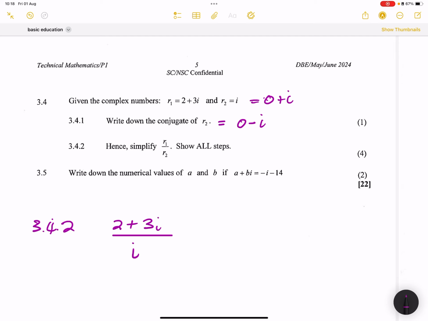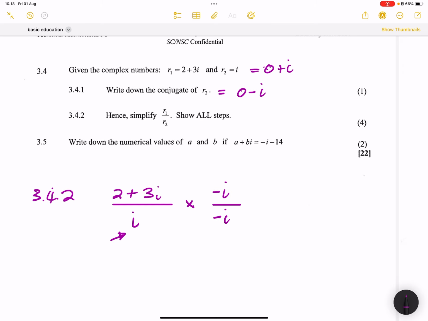by the conjugate. You always need to remove that i. We are going to rationalize, in this case, the denominator. And how do we do that? We multiply by the conjugate. So I'm going to multiply by negative i, the conjugate of the denominator. But what I do at the bottom, I do at the top. So in this case, I've got